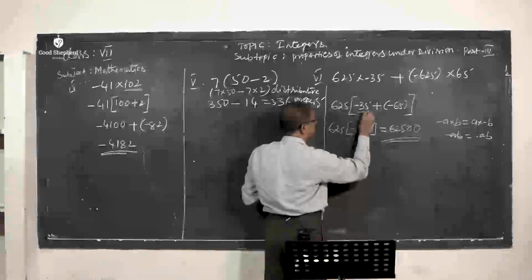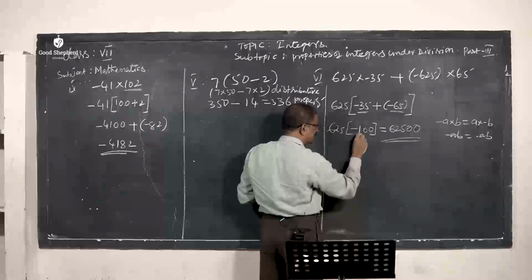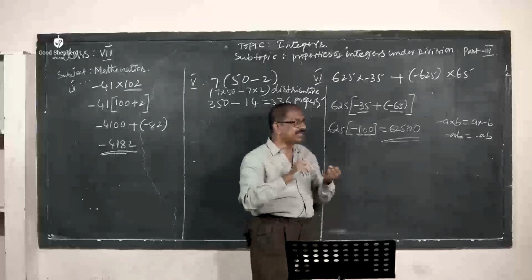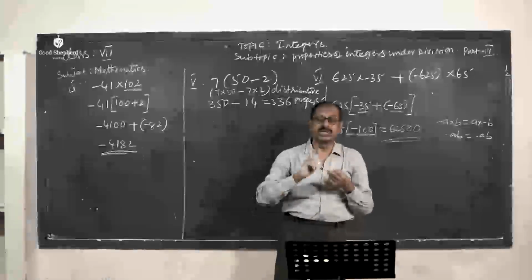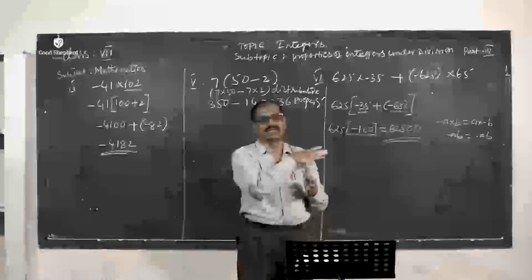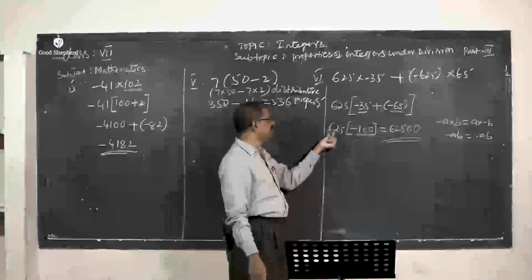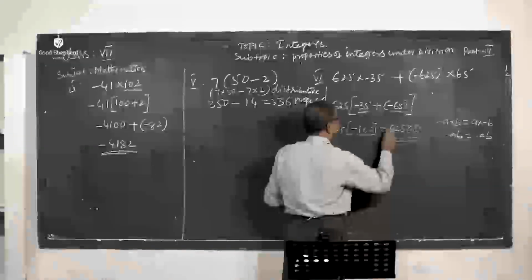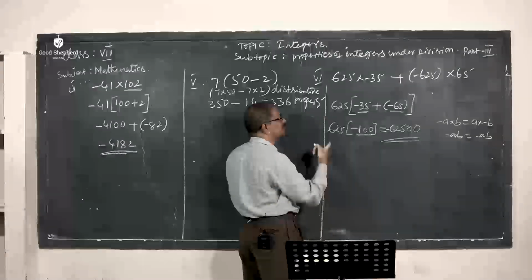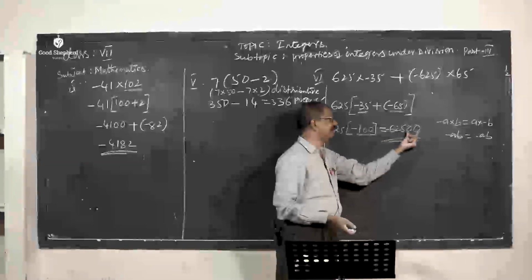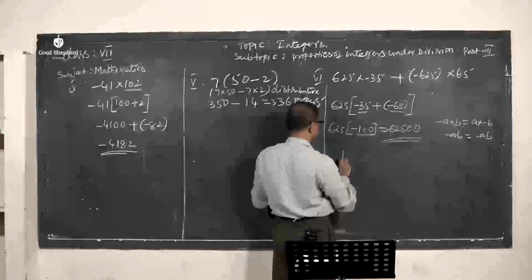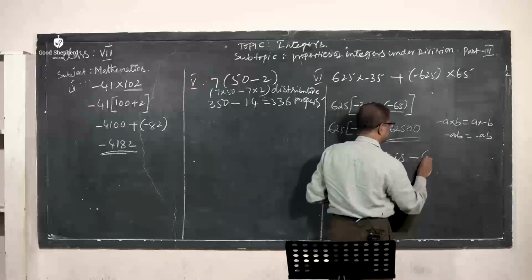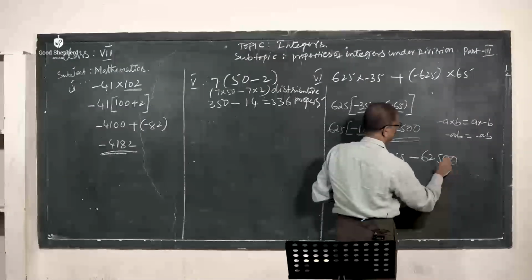Now the sum of these two, minus 35 minus 65, is minus 100. So minus 100 multiplied by 625. We are learning the multiples of 10, multiples of 100, multiples of 1,000, which we learned in 5th class. So here it's the multiples of 100, very simple. Write 625, then put two zeros. The product of minus 100 into 625 is equal to minus 62,500. So therefore, the result is minus 62,500. This is the result.